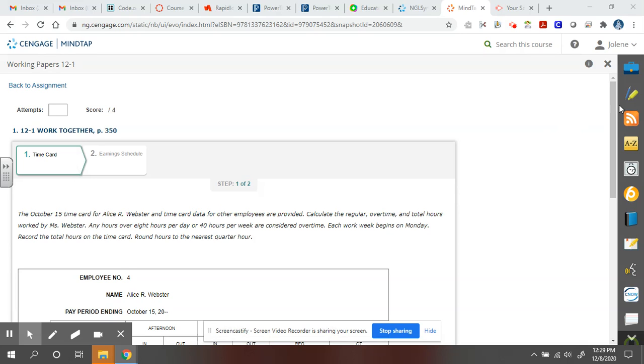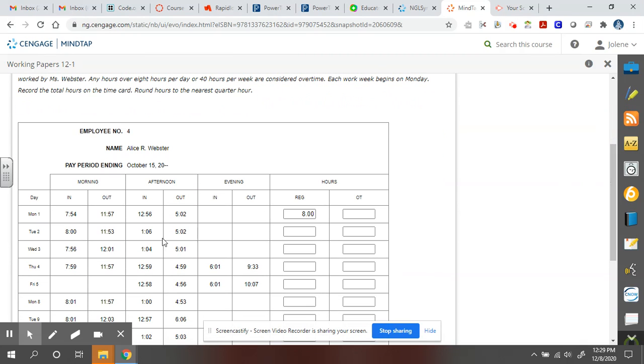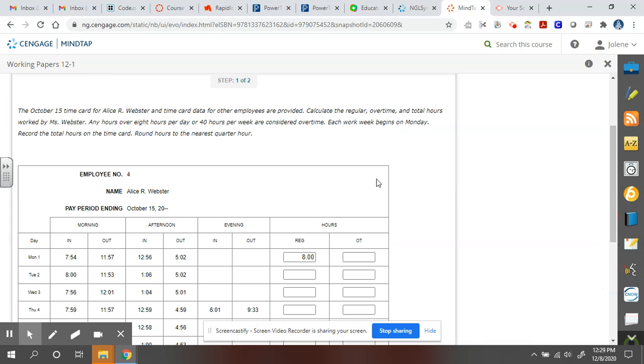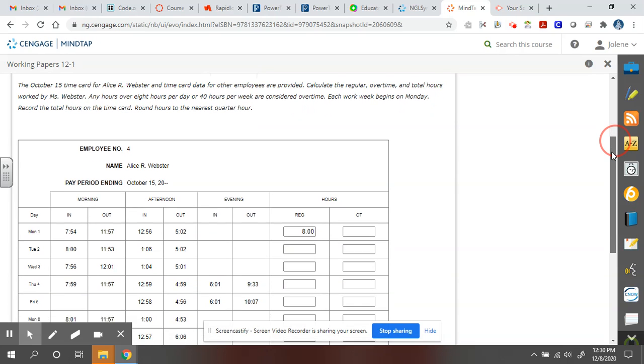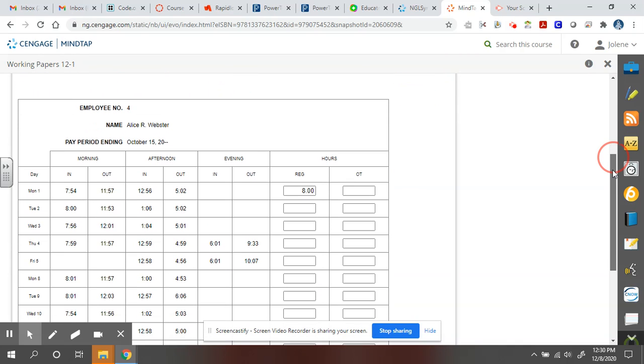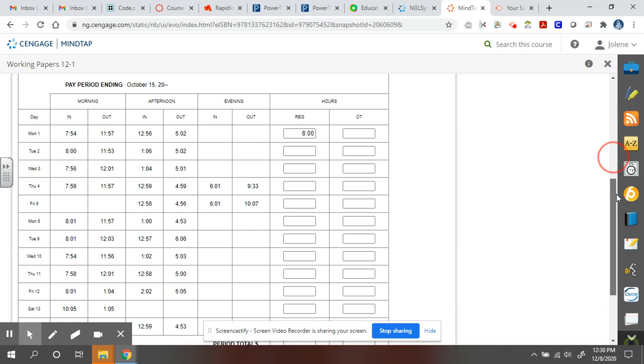And the first thing it tells us here is that we have a time card for this Alice Webster, and we have to figure out how many hours she worked. Regular hours and overtime hours, because here in the instructions it tells that any hours over 8 hours per day or 40 hours per week are considered overtime. Okay? When it's overtime, she gets paid time and a half. Her wage is time and a half for those hours that she works overtime. Okay, so